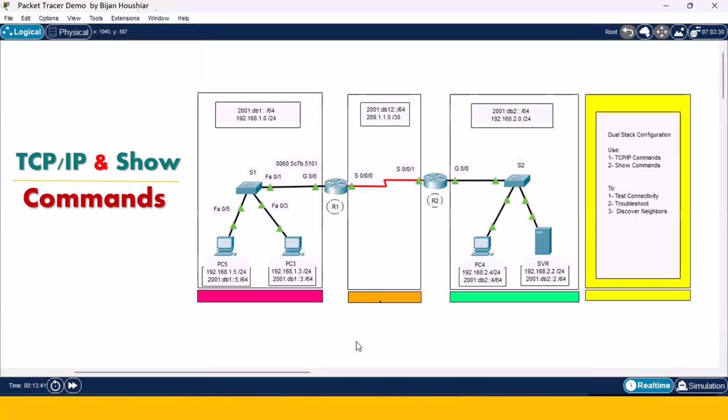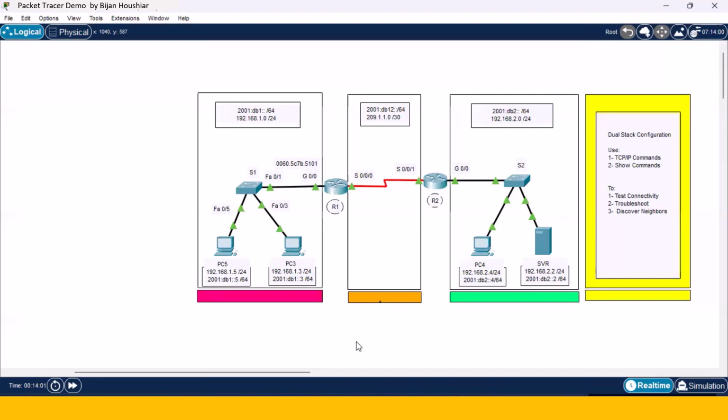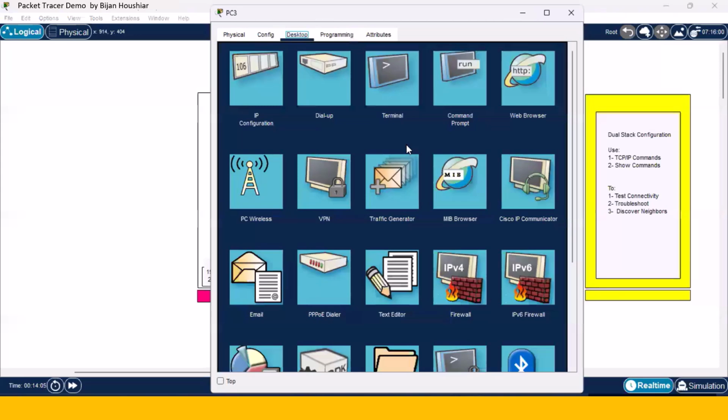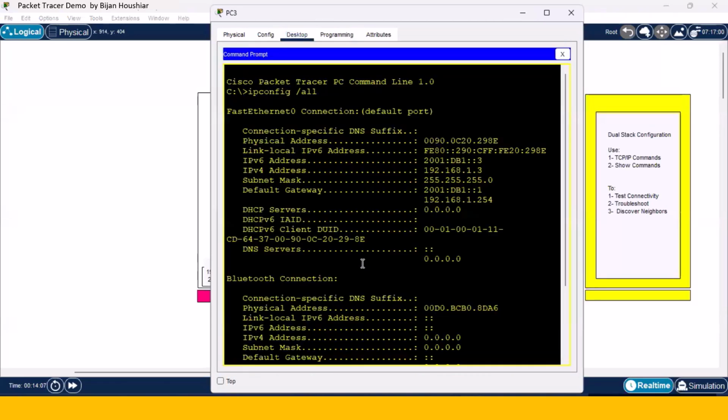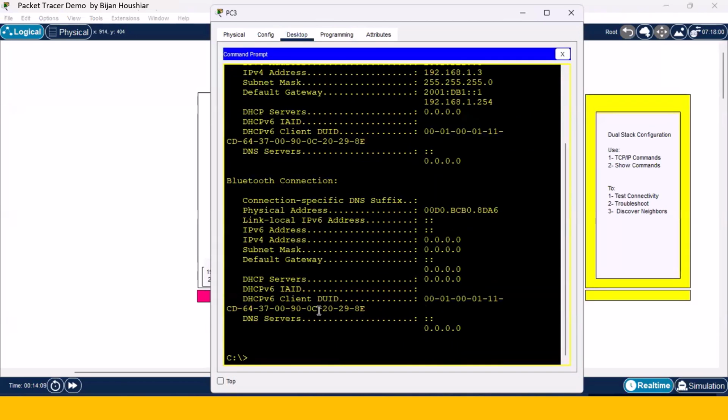This internet network is configured as dual stack. All the devices have both IPv4 and IPv6 addresses. The purpose of this video is to use TCP/IP and SHOW commands to test connectivity, to learn how to troubleshoot and discover neighbors. First, we do some TCP/IP commands by going to the command line interface of PC3, and we perform